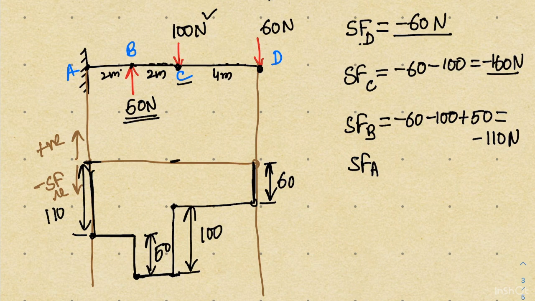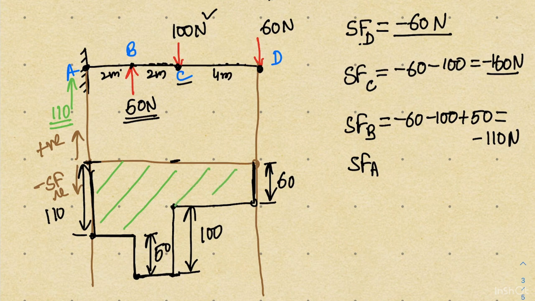Now why is it going to be closed? This is actually related with the reaction at the support. If I calculate the reaction on the beam because of the support, there will be an upward force of magnitude 110 Newton. The reaction you can calculate, that is a separate part. I am not going to tell you how to calculate the reaction. If you are interested, watch my previous video related to rigid body and you will find how to calculate the reaction. So because of this reacting force, the shear force diagram is going to be closed, and this is finally the shear force diagram,